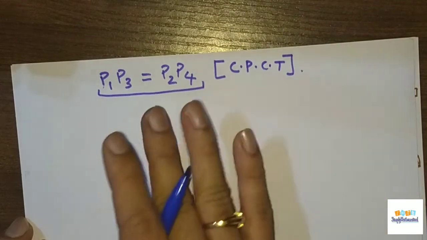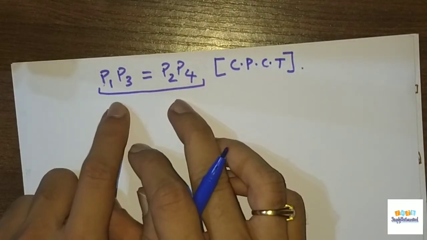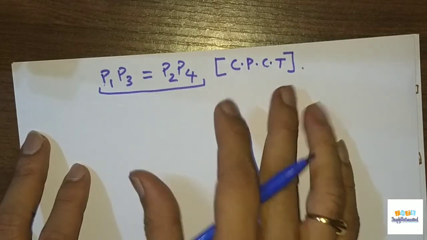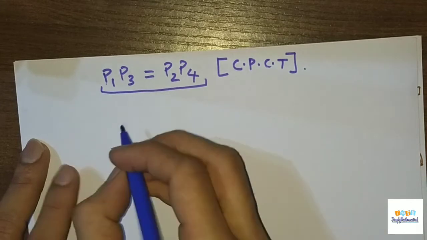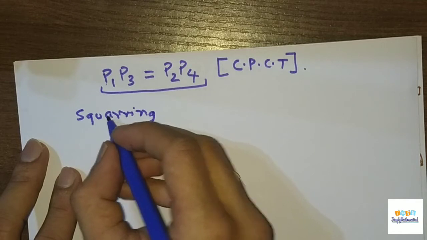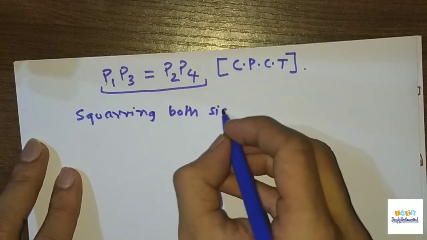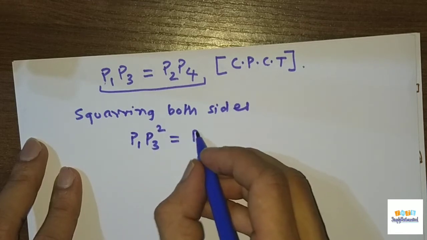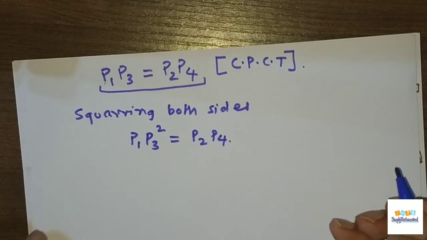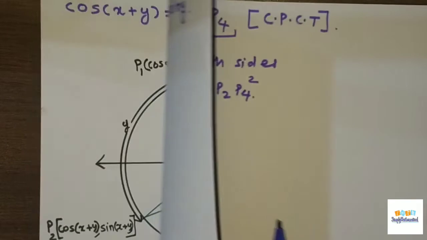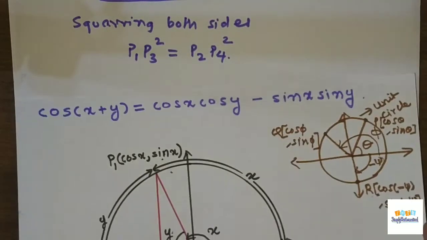Now once you get this, we have to use this to prove what we want, that is the formula, right? So now what you do is square both sides here. So squaring both sides, what you get? P1P3 square is equal to P2P4 square, right? Now if you look at the diagram here,